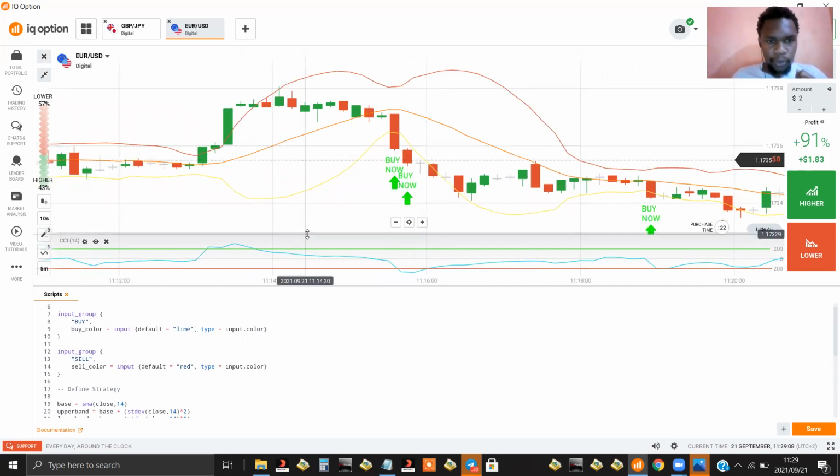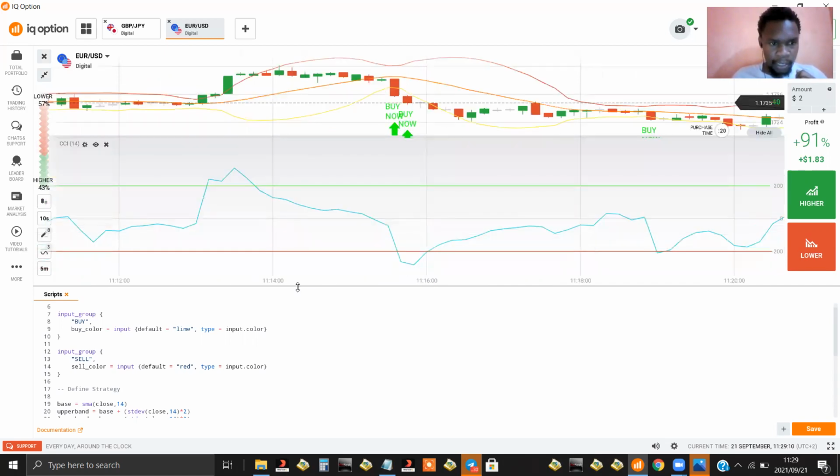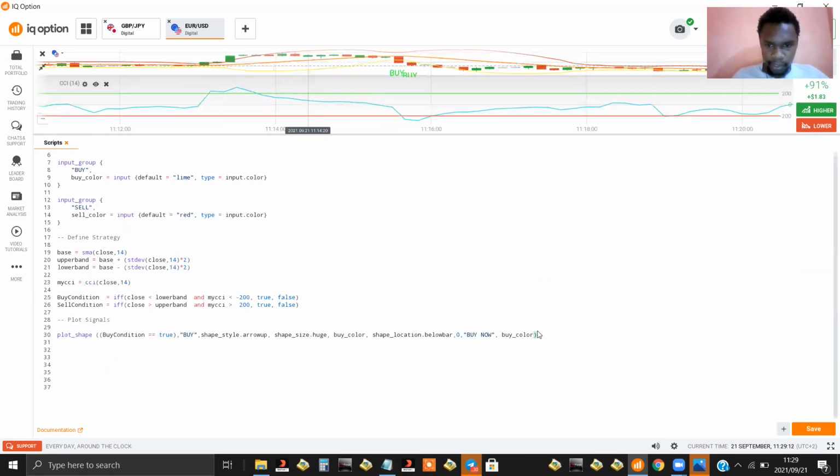Now let's do the same for the sell signal, right? So I'm going to plot the shape only when the sell condition is true, right? So I've pasted the sell condition here, and I'm going to say sell here. So now we are working with the sell